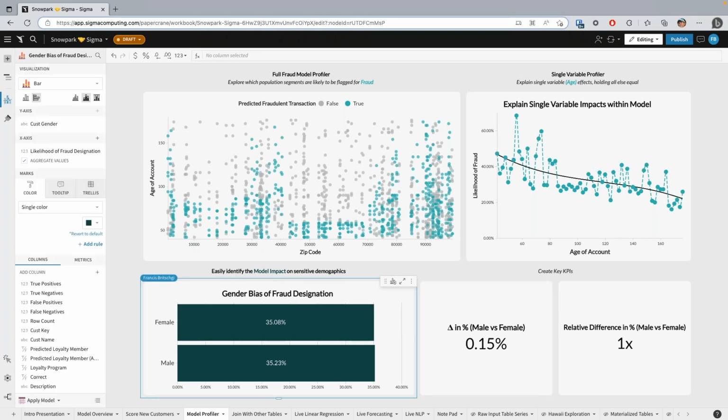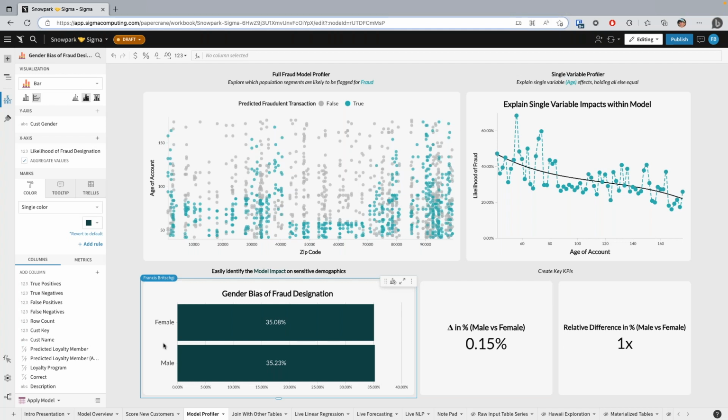Some model bias techniques are also shown below. It's going to be a critical step in reviewing a model to see if key sensitive variables are being treated sensitively. So for example, I mentioned that our model only includes age and zip code, but we do have information about the gender of our customers, and it's an important check to be able to see if there is a distinction between female and male outputs on the model.